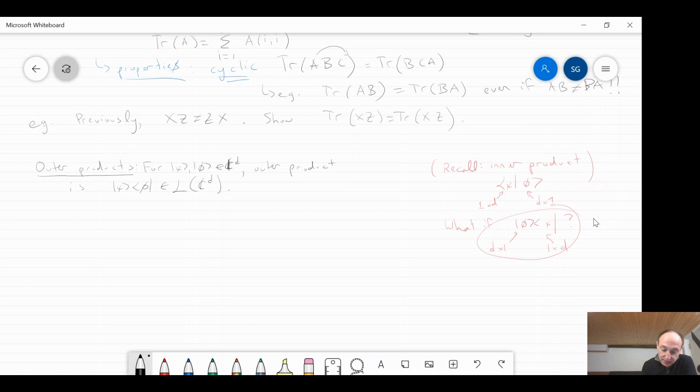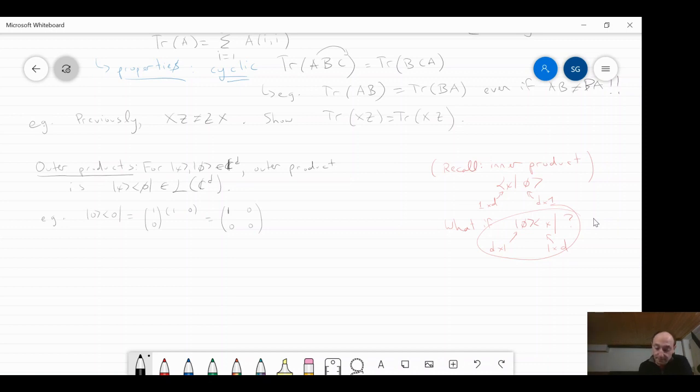Okay, so let's just do some quick examples. If I want to do, for example, the outer product of ket 0 with bra 0, what is that? Well, the first guy is just this column vector. The second guy is just this row vector. And if you just do matrix multiplication, you'll see that 1 times 1 is in the top left corner, 1 times 0 is in the top right, and so forth. And you'll just get this matrix back, which we did, I think, in one of the exercises.